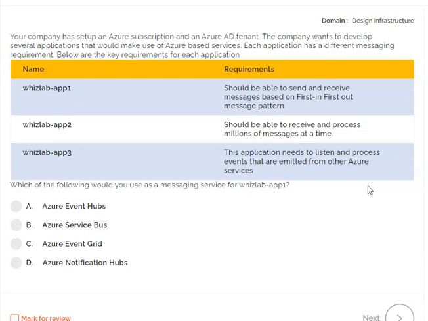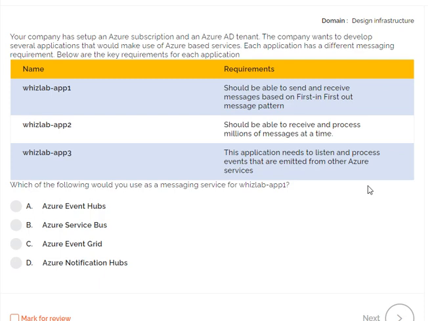Hi guys, my name is Vineet Arora, and in today's session I am going to cover some sample test questions for the Azure 304 exam. For the Azure Architect certification, we need to pass two exams: one is 304 and the other is 103. I will provide some test questions, or I would say practice questions, that will help you to achieve the certification.